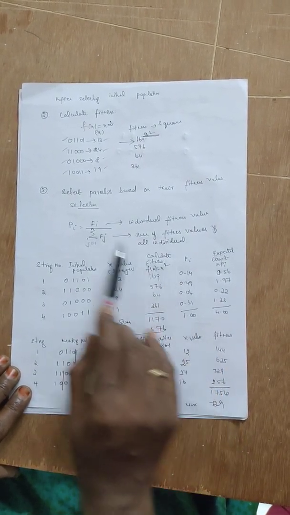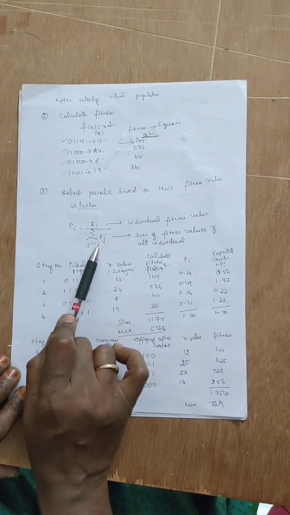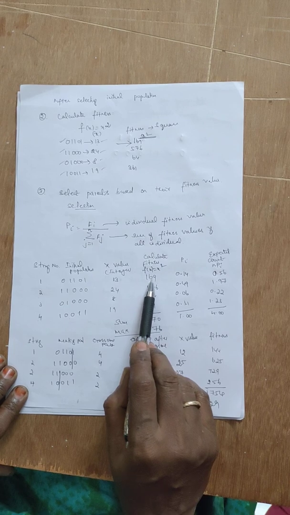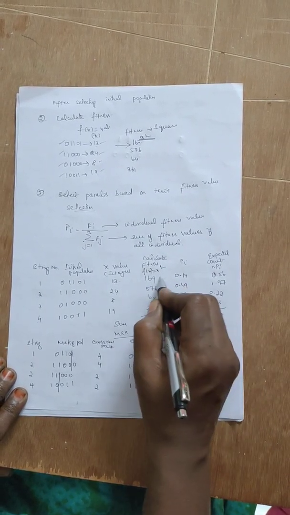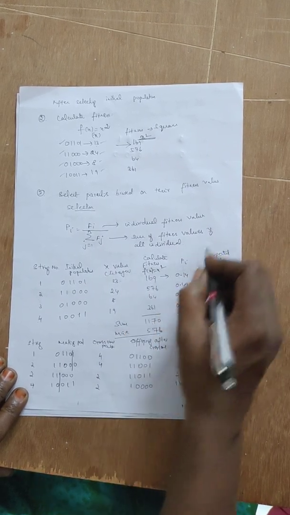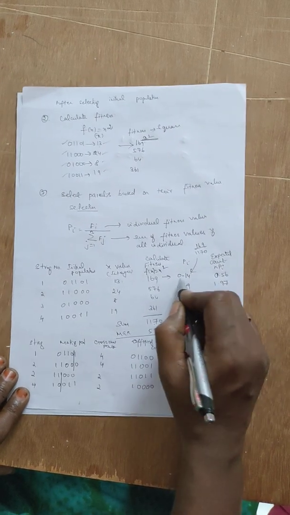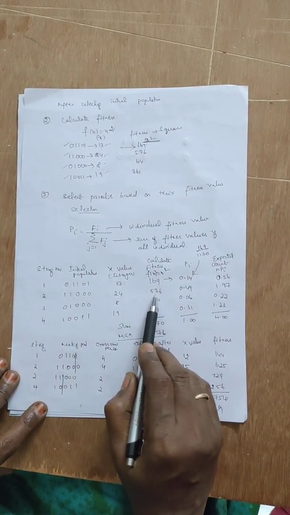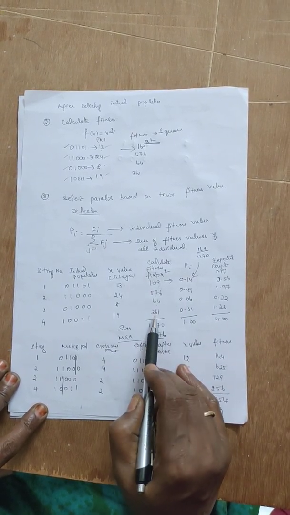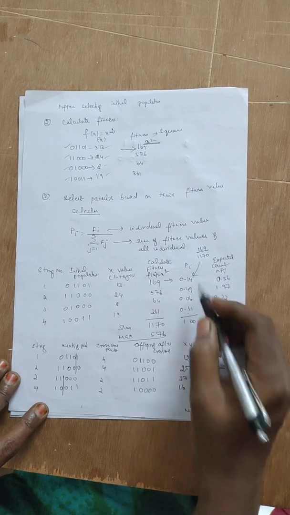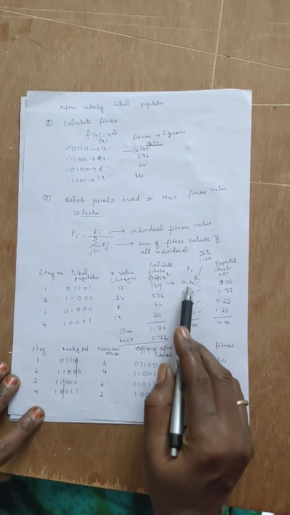What is the probability of selecting the current parent for the next generation? That is nothing but the individual fitness value divided by the sum of the fitness values of all individuals. This is the formula. So the individual fitness value 169 is divided by 1170, so that value is 0.14. Like that, 576 divided by 1170, 64 divided by 1170, 361 divided by 1170. The probability of selecting the individual for the next generation will be calculated like this.